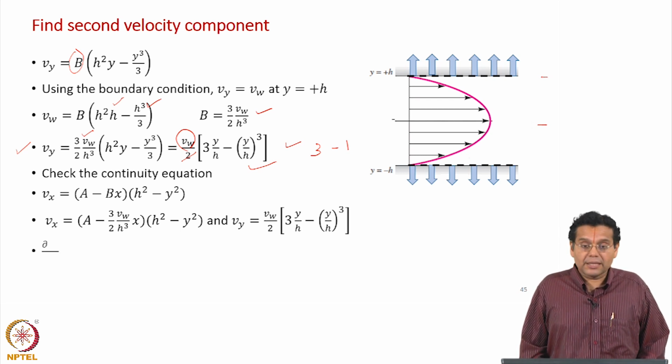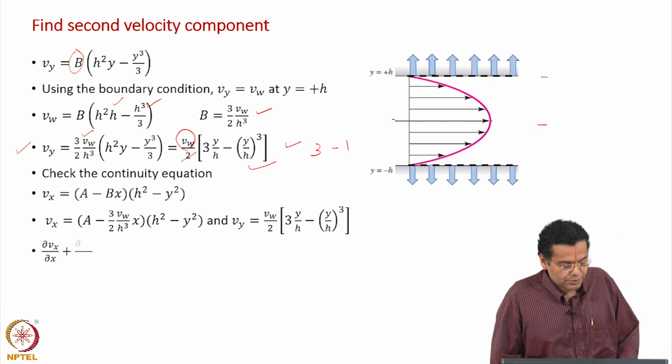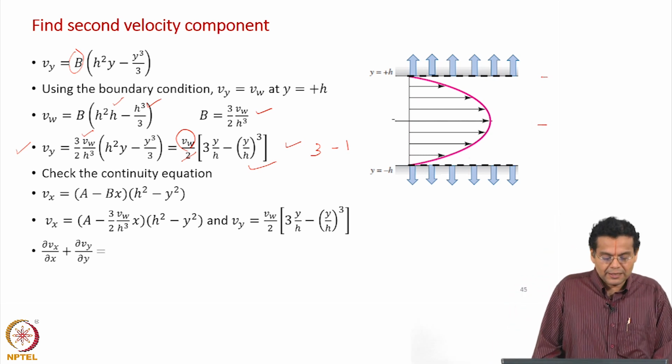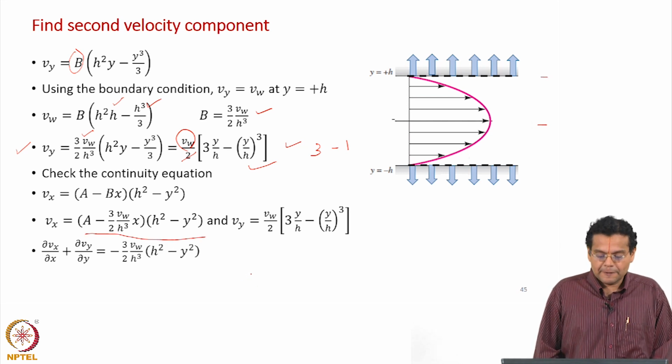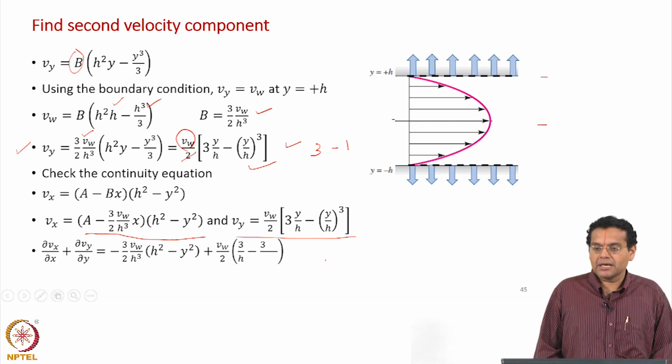Let us substitute in the continuity equation, dVx by dx plus dVy by dy, simple differentiation. Take this Vx, differentiate partially with respect to x, and then take this expression, partially differentiate with respect to y,